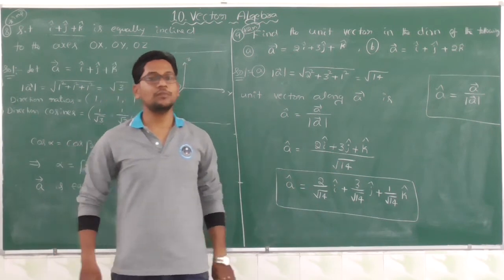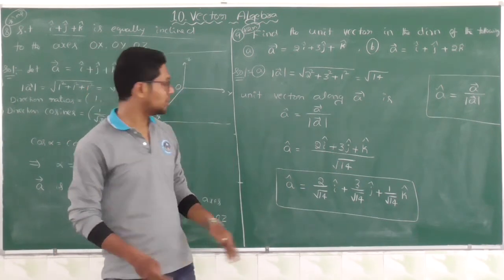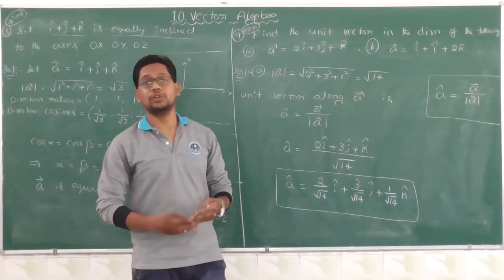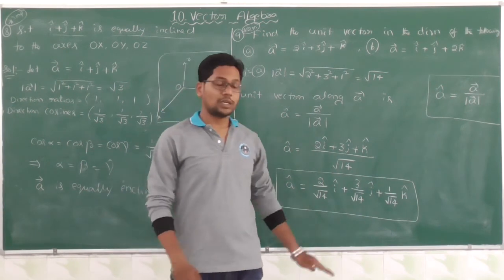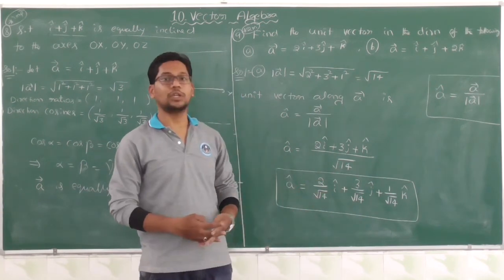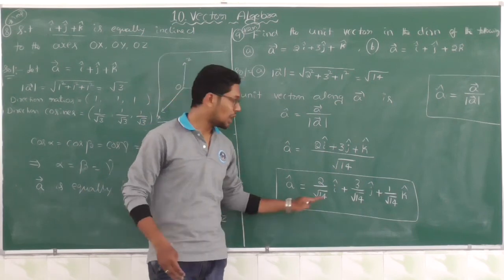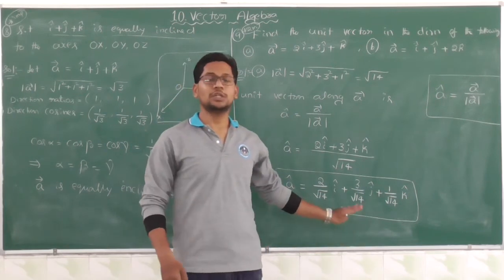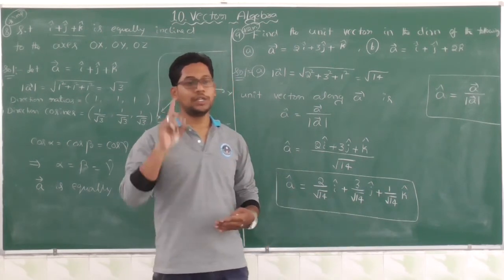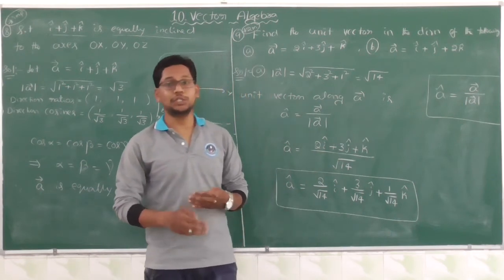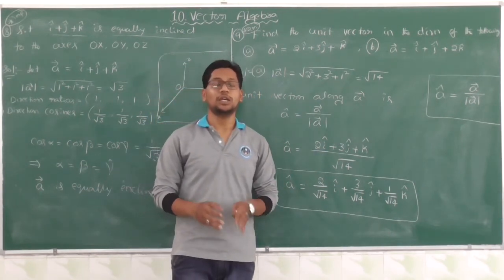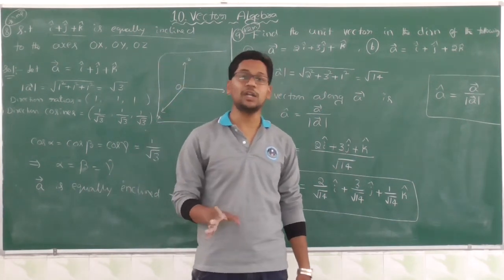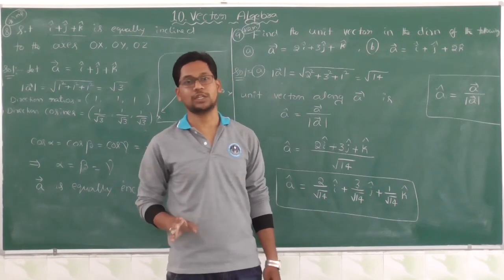Next, one more thing for your clarification, for your verification. We found some unit vector, right? How to know our answer is right or wrong? How did we come to know the answer we got is right or wrong? How we will define unit vector? The magnitude of that vector is 1. Then you can say that vector is a unit vector, right?